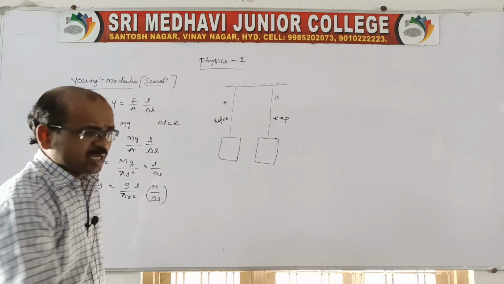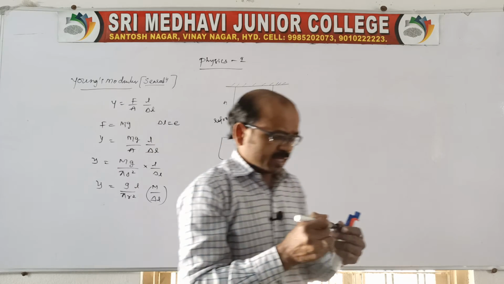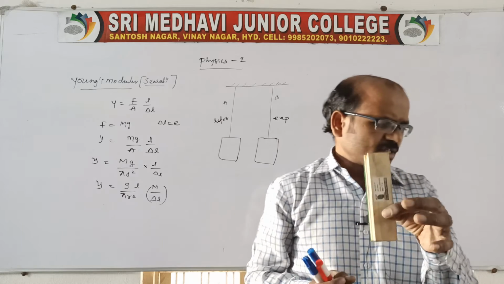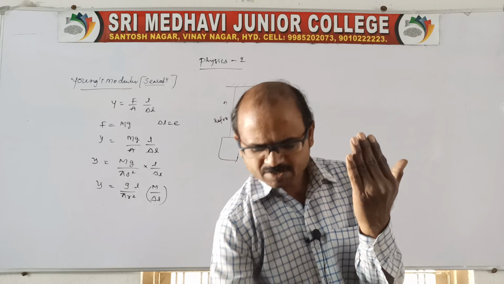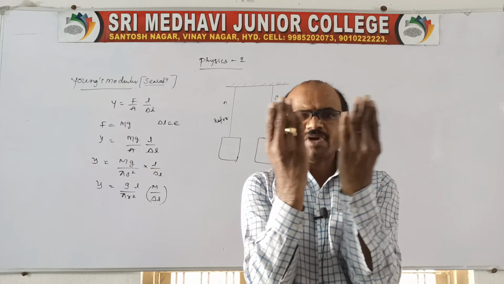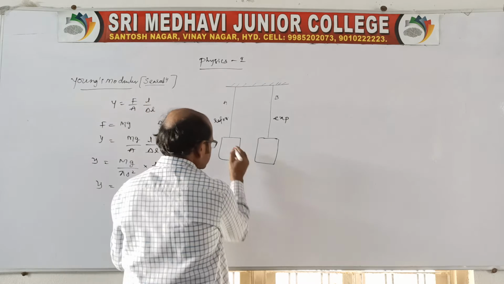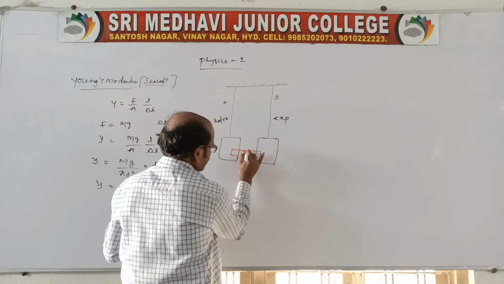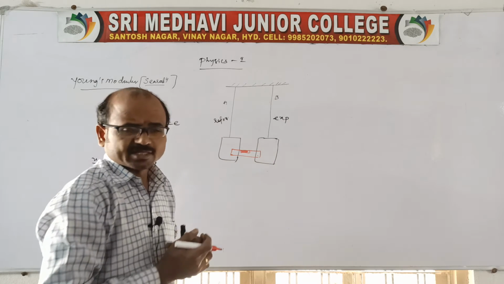Both the wires are suspended from the rigid support, and both ends are connected to metal strips, like the metal frames will be like this. This is one metal frame and another metal frame is fixed like this. And meanwhile, there will be one spirit level connected, because this should be in the horizontal level. We need to check whether they are horizontal or not, therefore it is to be connected like this.